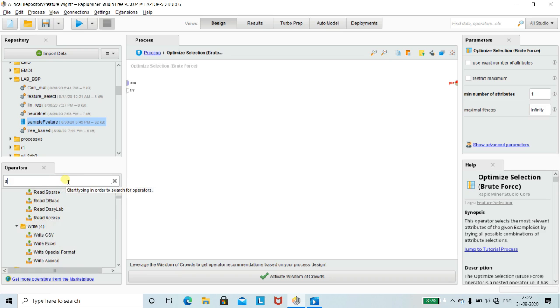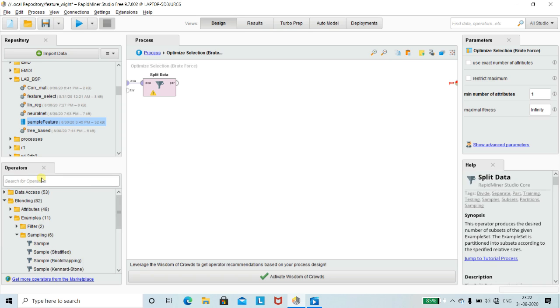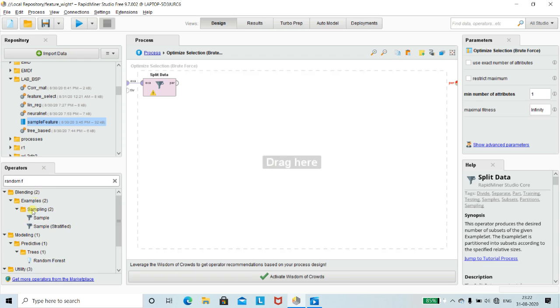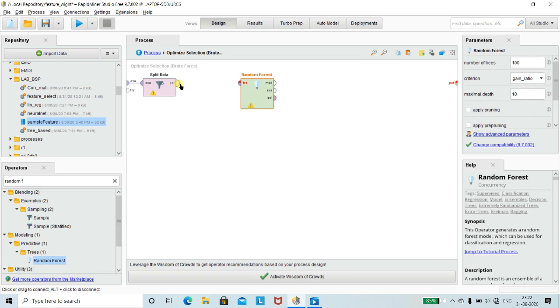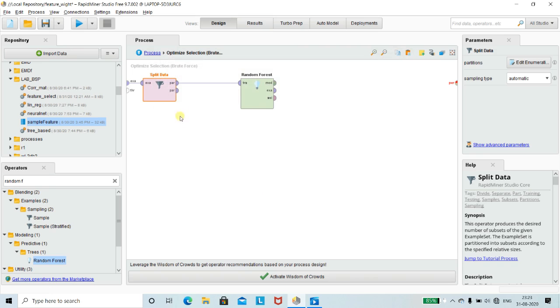split data, then model. Let me take the random forest here. Again, connect it. We have to take two entries for training and testing. Okay, then